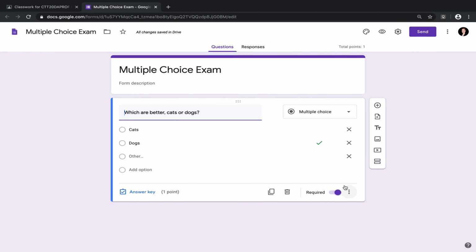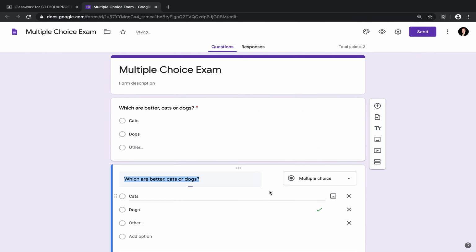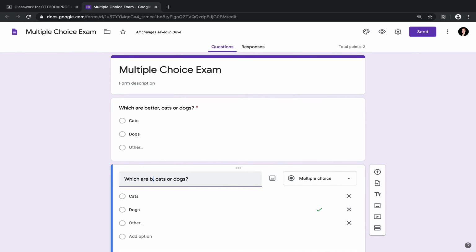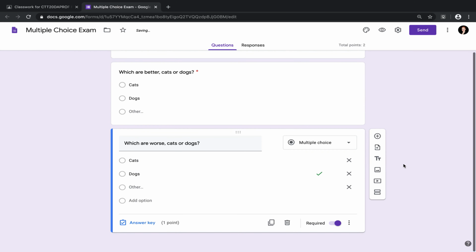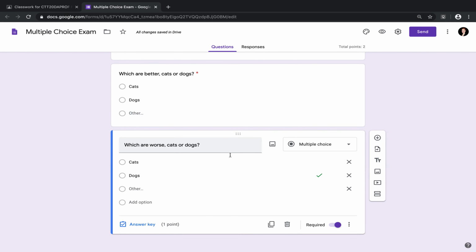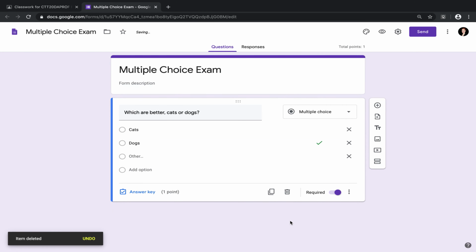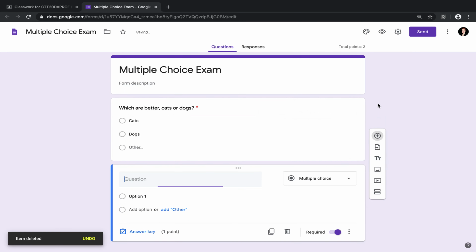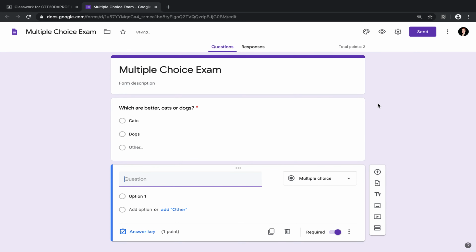Let's add one more question. If I want to add a similar question, I could duplicate that one. So let's say which are worse, cats or dogs. If I added a question that I don't want, I just hit this delete button. Let's add a question of a different type though. At right, I can hit Add Question. And let's say